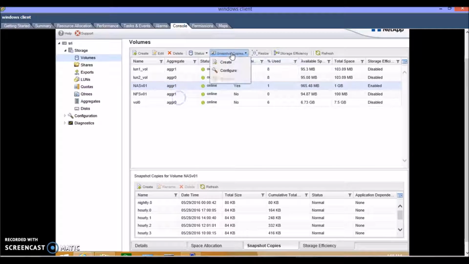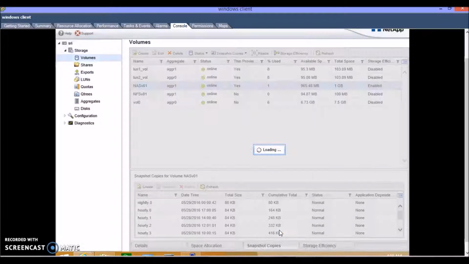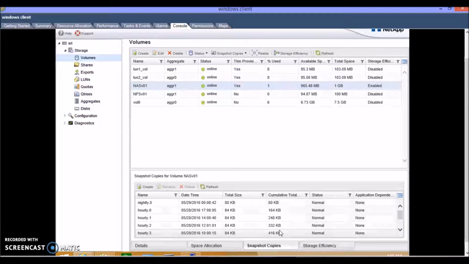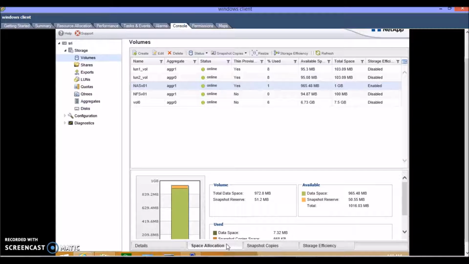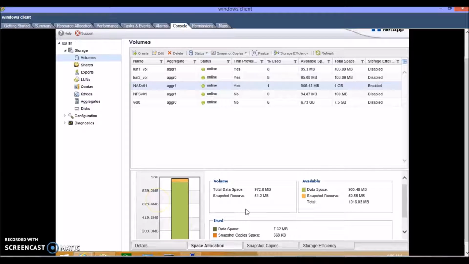You can also change the reserve percentage of snapshot copies in the volume. For that, again go to the Snapshot Copies drop down list and click on Configure. Here you can see the snapshot reserve percentage box. By using the up arrow and down arrow, you can increase the volume space reserved for the snapshot copies. Then click on OK.